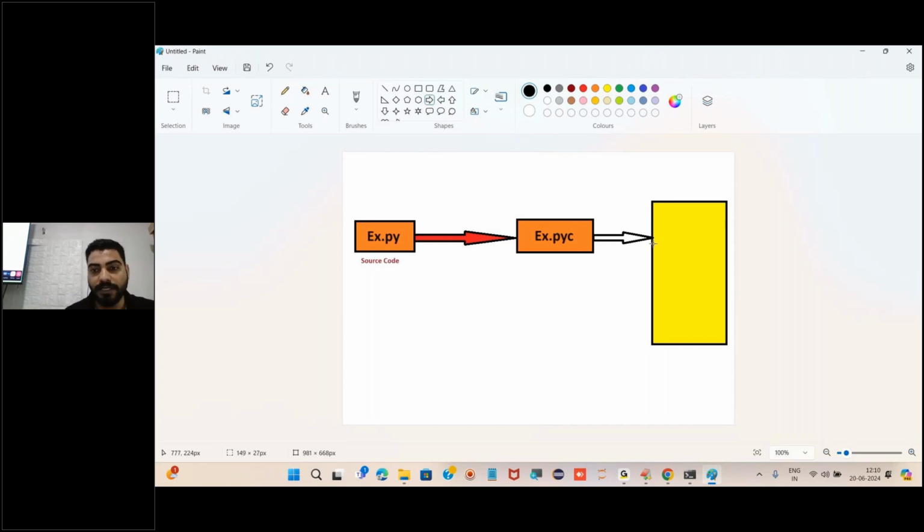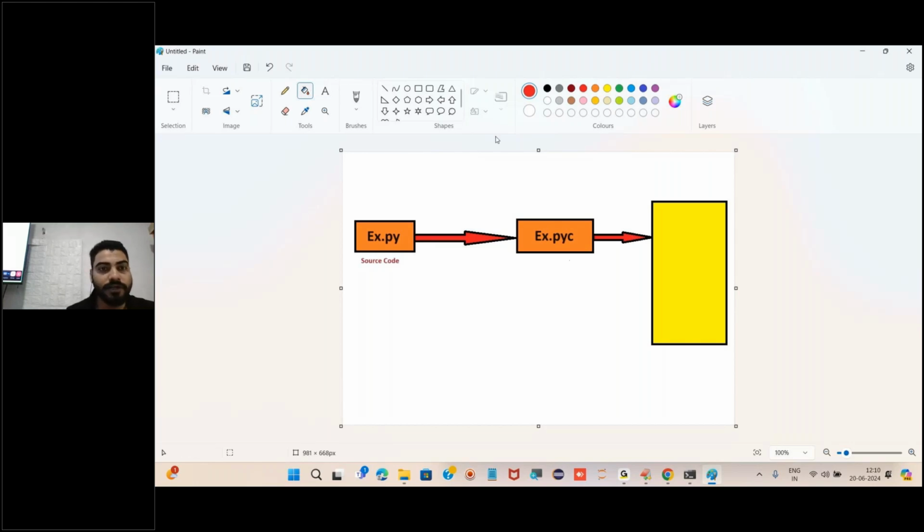This interpretation process is really important when it comes to interviews, because they frequently ask what is the process of interpretation, how Python works, and what PVM does. If you mention the name PVM, definitely they will ask the meaning of PVM and what it does.